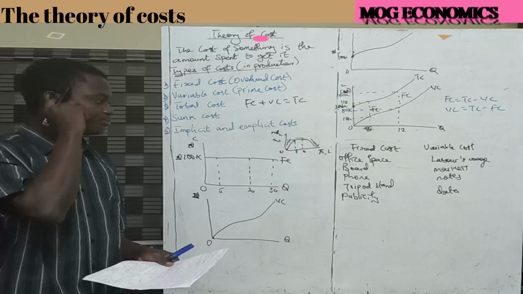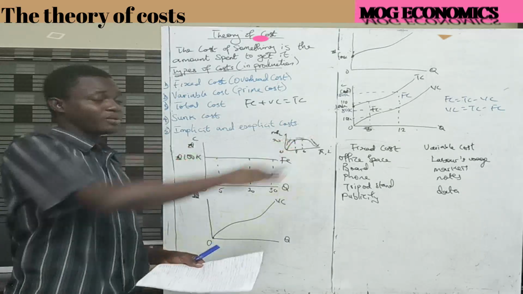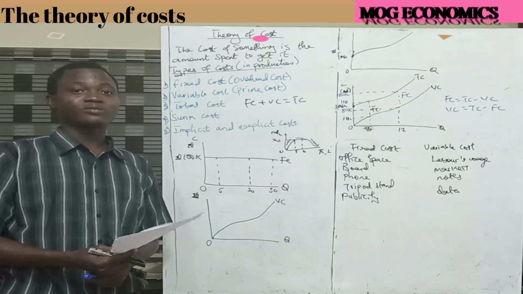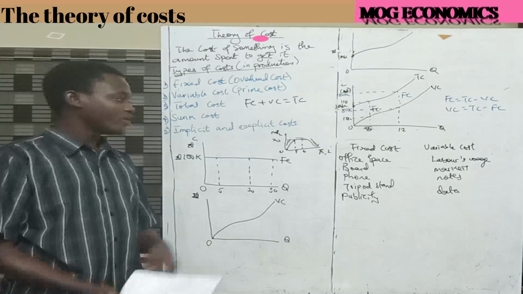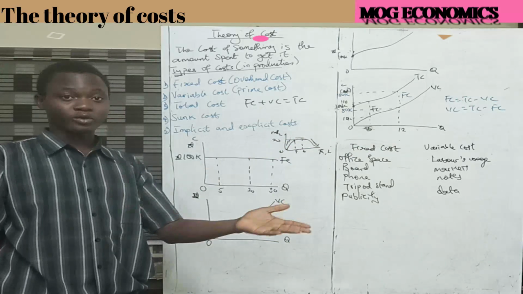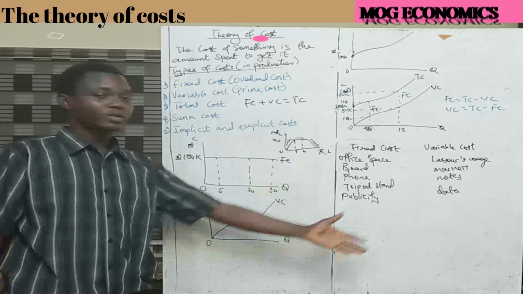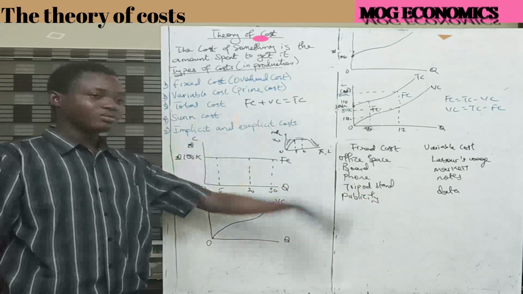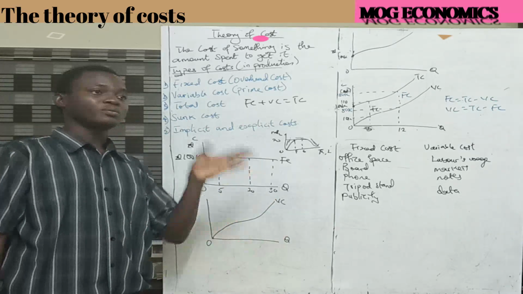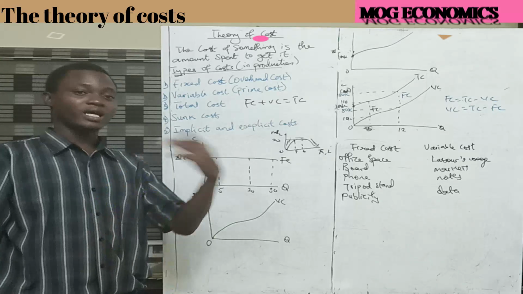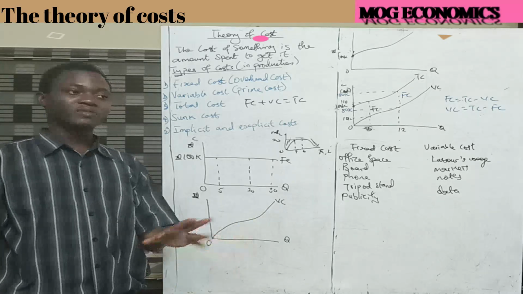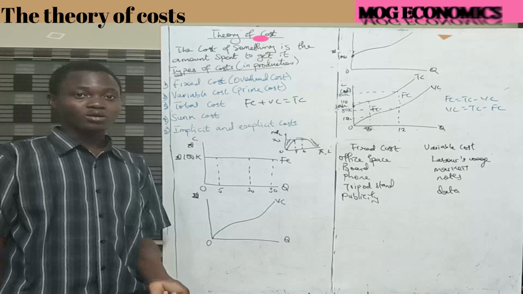So the thing is, if you look at it, because the program could not fly, the money I spent on these things are wasted funds. They've gone down the drain because they didn't meet the initial intention of why the program was set up. But if you look at it, there's fixed cost, there's variable cost. So in this particular case, the sunk cost, that is the irrecoverable funds, the wasted funds, is greater than the fixed cost, and that is because they could not achieve their aim. Fixed cost does not change with the level of output, but if the aim of the producer in incurring that fixed cost was not achieved, that fixed cost becomes a part of the sunk cost.